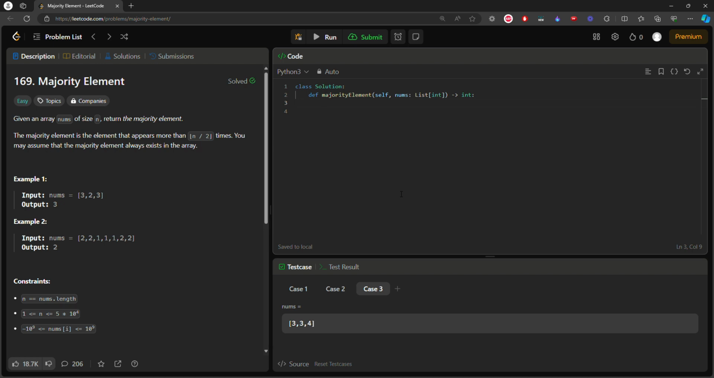The first thing which should come to your mind on seeing this question is a hash map or dictionary. You can easily count the number of occurrences. One thing I'll tell you guys: whenever you have any counting thing to do, it generally involves using a hash map or a dictionary, whatever you want to call it. And that is one way to do it. And since they have given that there is only one element that appears more than n by 2 times,